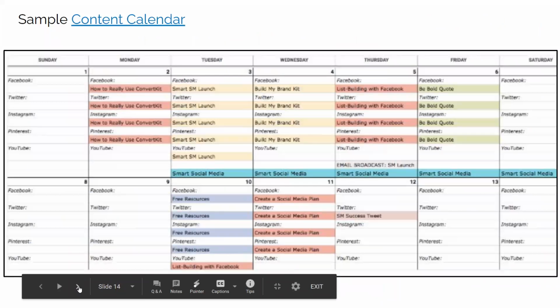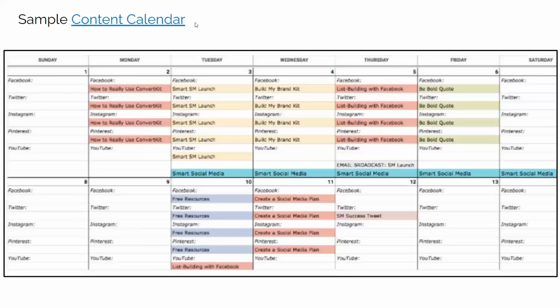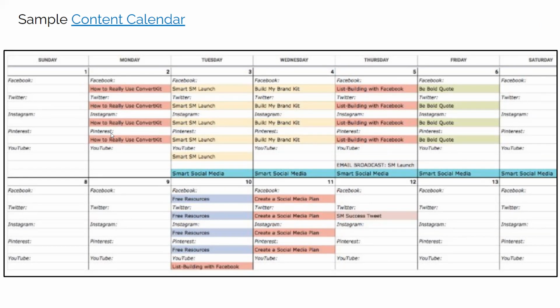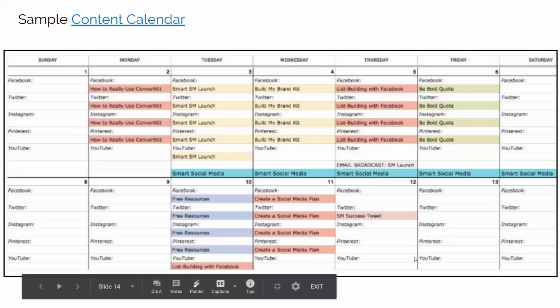Let me just show you, here's a content calendar, and that link up top will take you to this person's page, and they've got more stuff. And of course, she's trying to sell you content planning services. But I like the format here because it lays out Facebook on Monday, I'm going to use this. Twitter on Monday, I'm going to do this. Instagram on Monday, I'm going to do this. And second one's here. So it looks like she's posting twice a week on these platforms. You're going to have 3 weeks, 1 post each week for each platform, and try to come up with some themes.